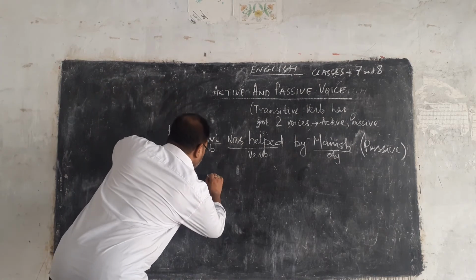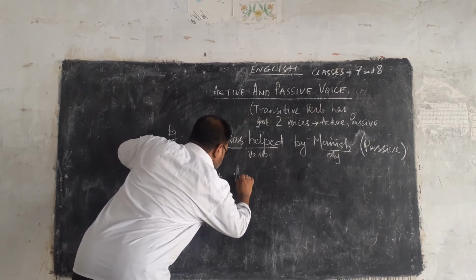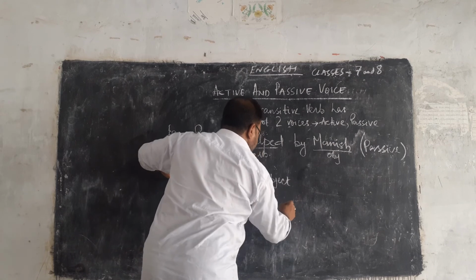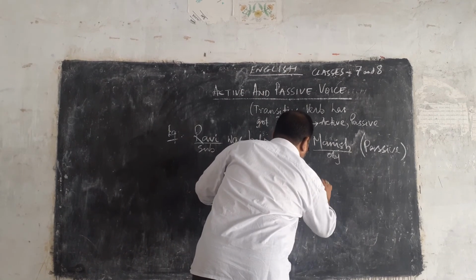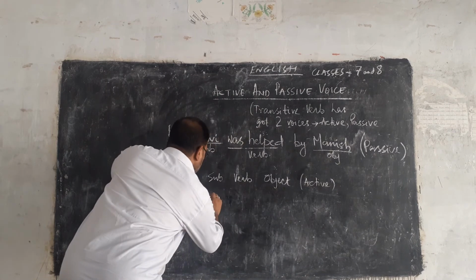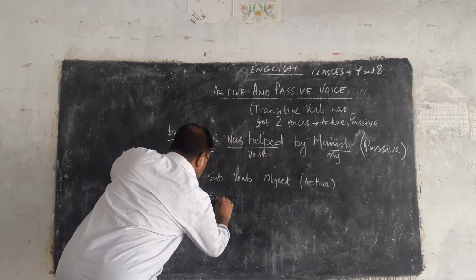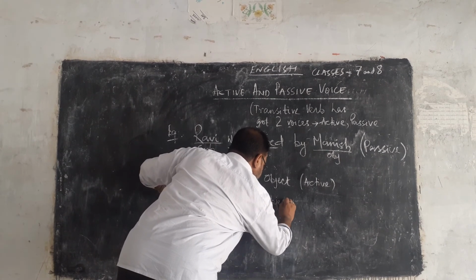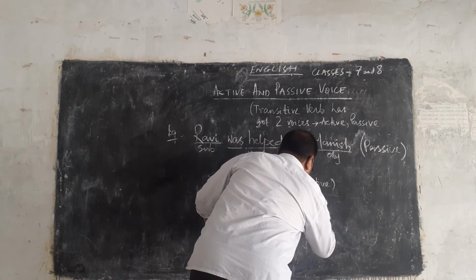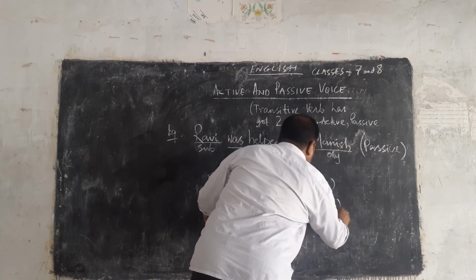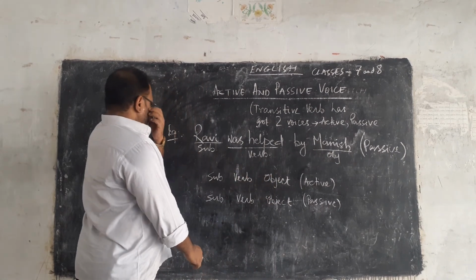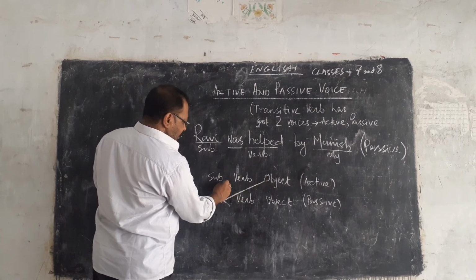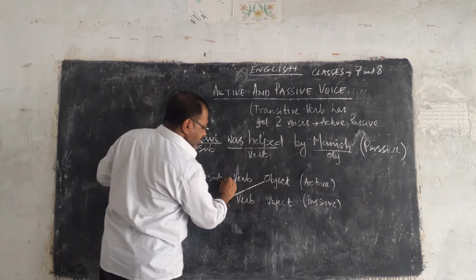See: active, subject, verb, object. Passive: when we transform active into passive, the object in the active voice becomes the subject, and the subject in the active voice becomes the